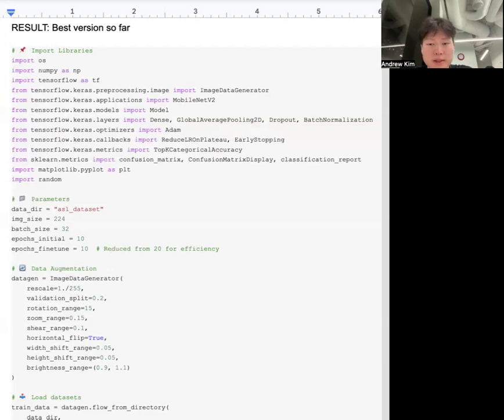We used a labeled ASL dataset where each class, like A, B, or C, is stored in its own folder. We chose this project because it's both technically challenging and socially impactful. Sign language recognition can help bridge communication gaps for deaf and hard of hearing individuals, especially when integrated into assistive